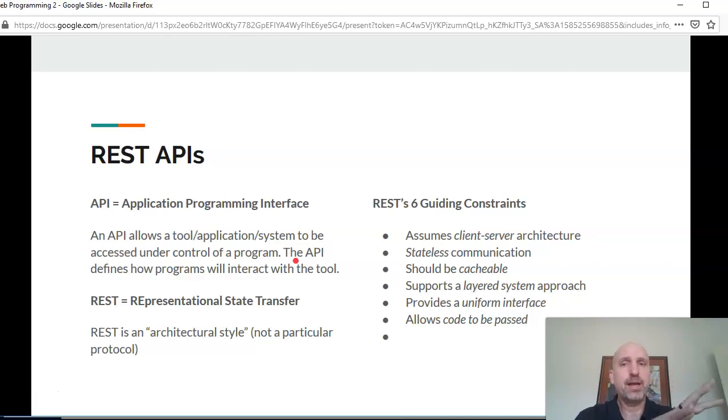The whole point of an API is that we want a way to connect with an existing tool or application through control of a program rather than us doing it ourselves. So, for example, if I'm using Canvas, I can log into Canvas through a web browser and I can click on things and make things happen in Canvas, and that's great. That's a web interface. Canvas also has an API interface, and through that interface, I essentially send commands or requests for information,